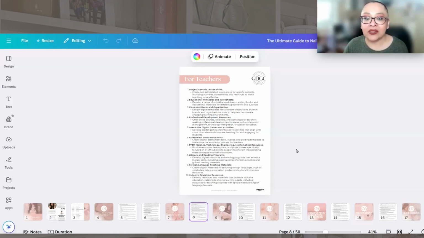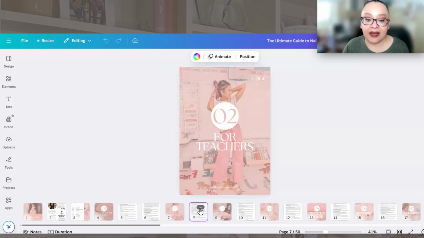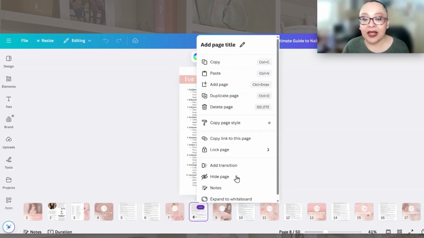So when dealing with so many pages like this, it can get a bit confusing, especially if there are multiple people editing and just coming in here to make changes and work on it, add, delete, anything. So if you want something changed on a specific page, like I said, it's something small, but it has been very helpful, especially between me and our design team. So if I want them to change something on this specific page, I'm going to make sure that I highlight number 8. I'm going to click on the 3 dots, and I'm going to go to copy link to this specific page,